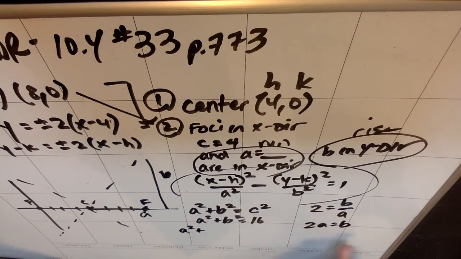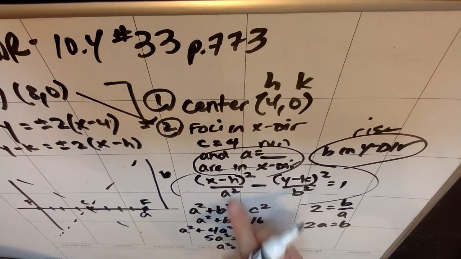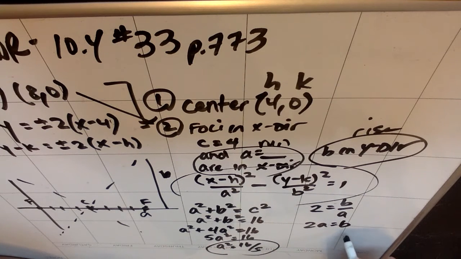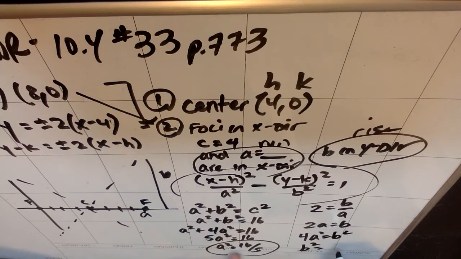I can actually plug back in and say, cool, a squared plus 2a squared, which would be 4a squared, because it'd be (2a) quantity squared, equals 16. 5a squared is 16. So a squared, the thing that's going to go on the bottom here, must be 16/5. Now that's great, but now I need b squared. Well, if I square this whole thing, 4a squared is the same as my b squared. So my b squared should be 4 times my a squared, which would be